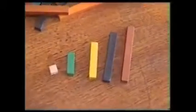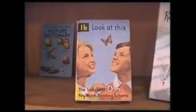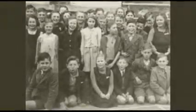Children would have used these blocks to learn to count and these books to learn to read. These Peter and Jane books were still being used in the 1970s. During the 1940s to the 70s, very naughty children would have been smacked using